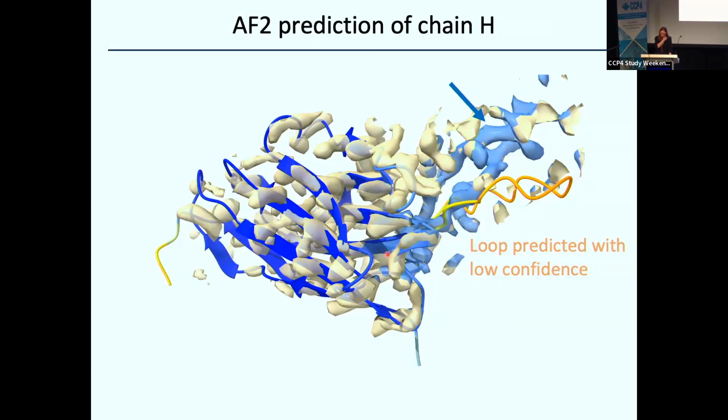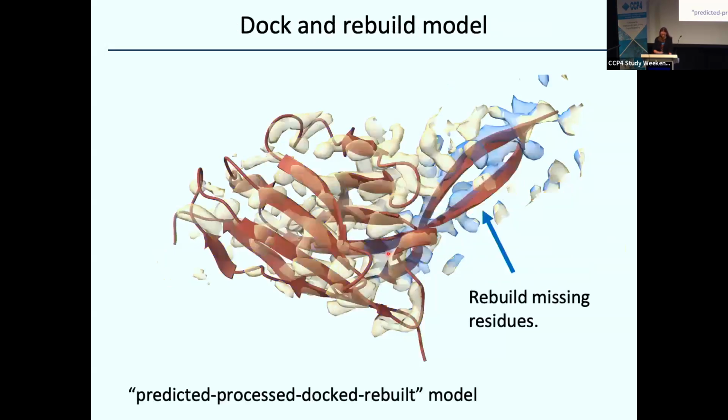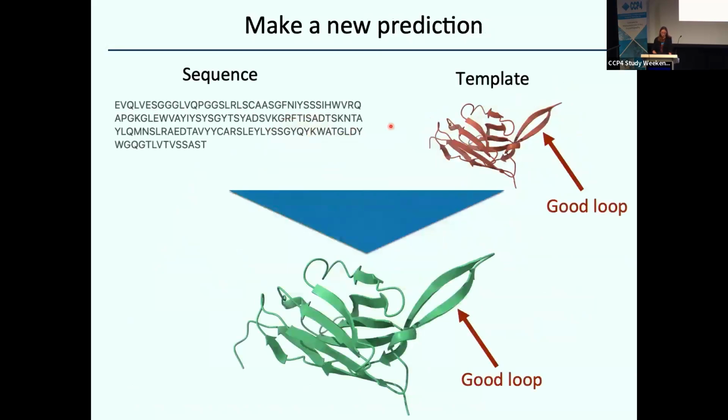So if we start now to rebuild our docked and trimmed model, we get this structure here. So here we have that loop that has been rebuilt, and it fits quite nicely into that density. And now, instead of moving on to refinement and validation, we will just do another round of model prediction. So this time, we will use this sequence as input, and we will use as template that rebuilt structure that